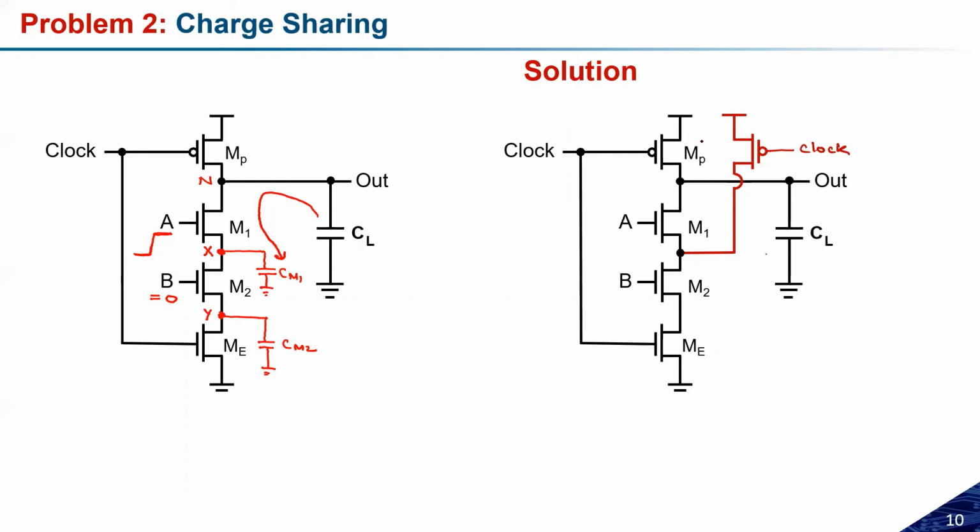Okay, so please hold on here only on problem 2, and this problem 2 I will explain again mathematically, so that you will be able to understand. This was in scope, but because we do not have that much time to explain it, tomorrow I will discuss in more detail this charge sharing problem and how this keeper transistor is controlled with the clock. What happens if I'm controlling it with the output, all this scenario we will discuss in tomorrow's lecture.